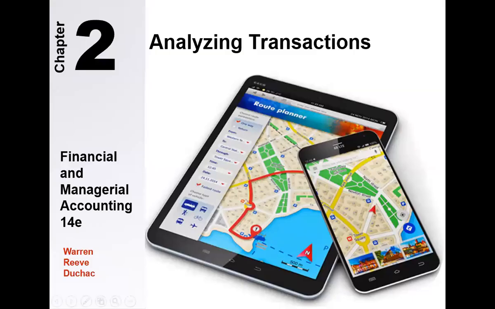Okay, so as you can see, the title of chapter 2 is Analyzing Transactions, which we've already been doing, right? In chapter 1, we started analyzing transactions. So some of this is a bit of a review and a carry through from chapter 1, where we're still looking at transactions. If we invest money into the business, we're increasing cash and increasing common stock. Now the difference is we're going to look at the official or correct way to actually keep those records for